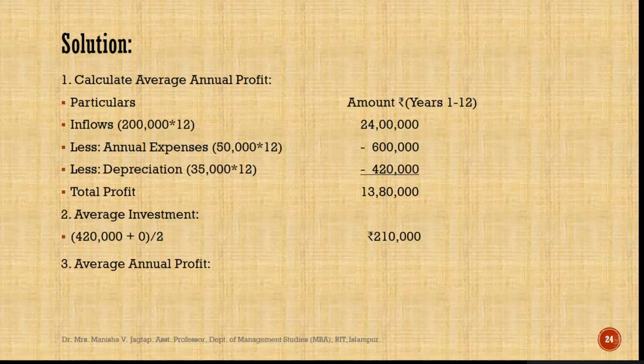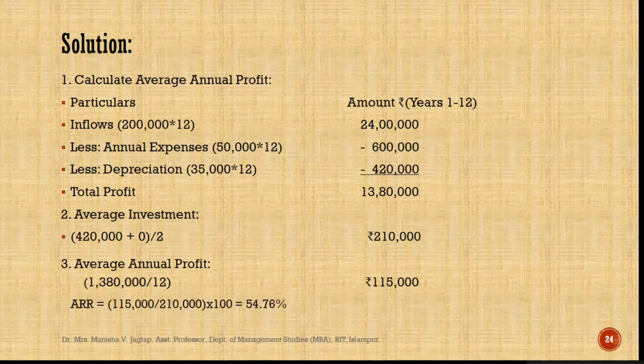Next, now we will calculate average annual profit. Already we have calculated total profit for 12 years. So 13 lakh 80,000 divided by 12. So annual profit is rupees 1 lakh 15,000, and by applying the formula of ARR, we get the rate of return